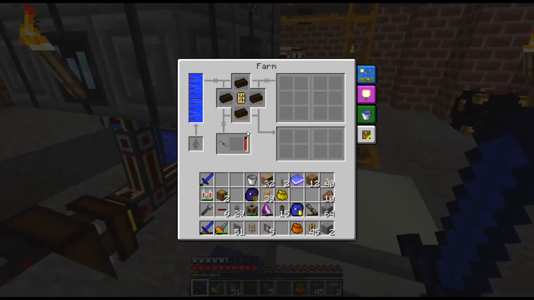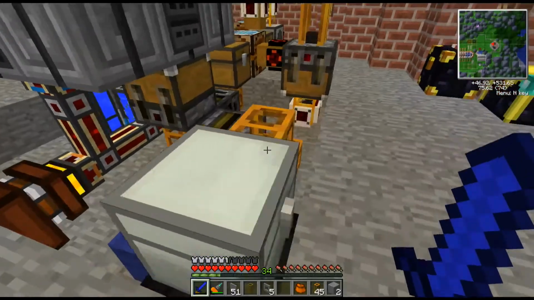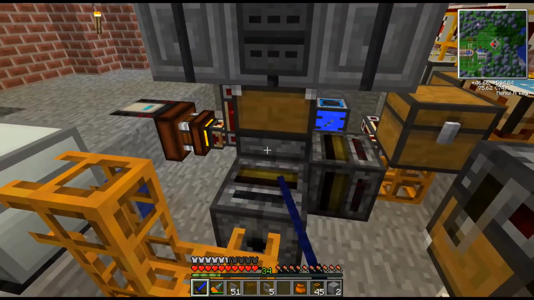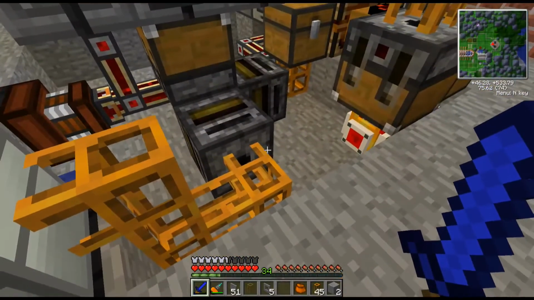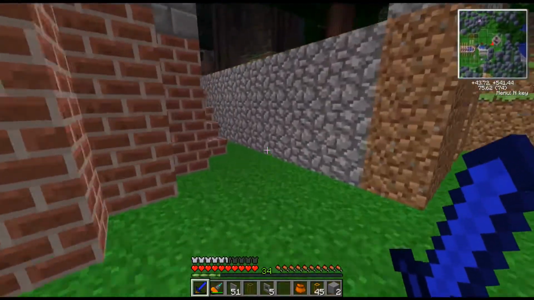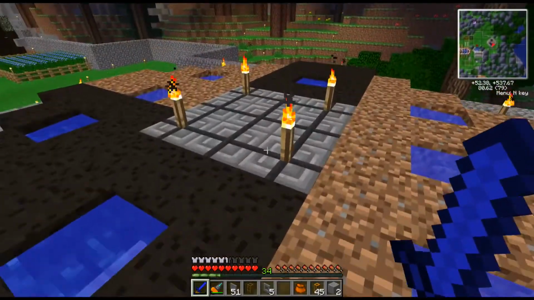Is it not working now? Did I just... Oh, there we go. There's some lag. So you can see the bog earth is filling up. It's using the bog earth. It's putting out... More peat should be coming out. We got more peat in here? 13? Oh, it's just switching them all out. Let's go look. It takes a while for that peat to actually mature. Right now, it's just switching out all the dirt. And it takes a while, so...